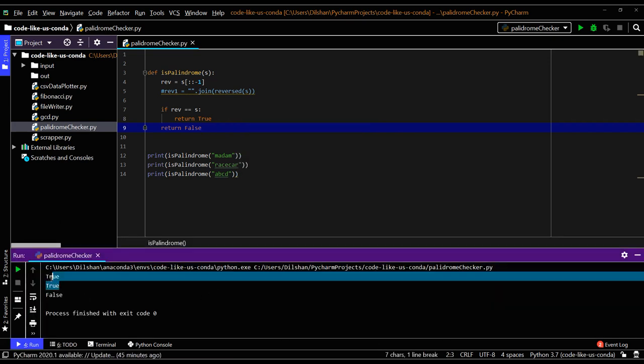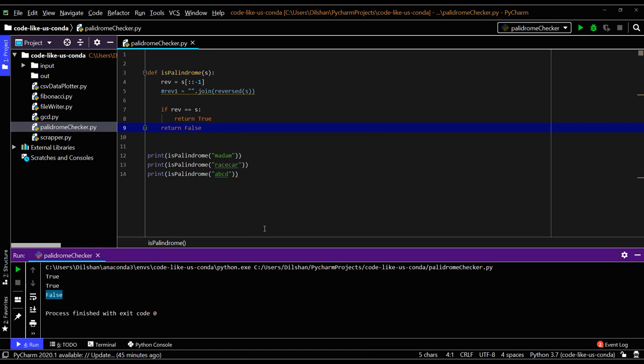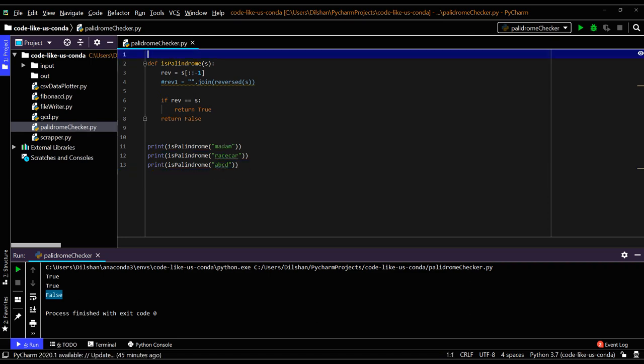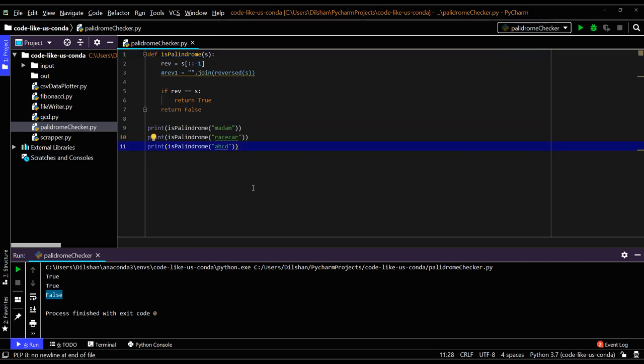The first two return true and the third one returns false. So this validates whether it is a palindrome or not. This is the logic for the palindrome checker: get the reverse order and check it with the original.